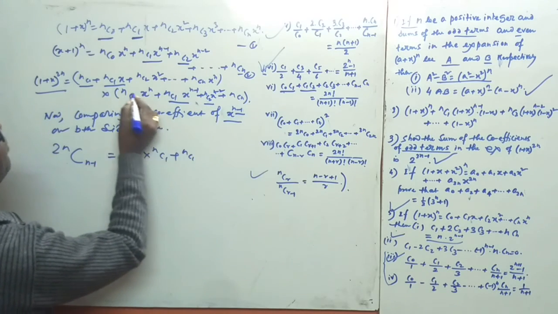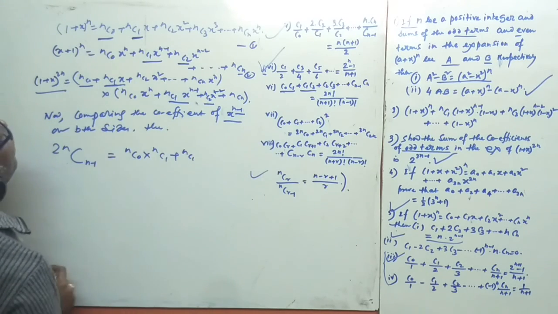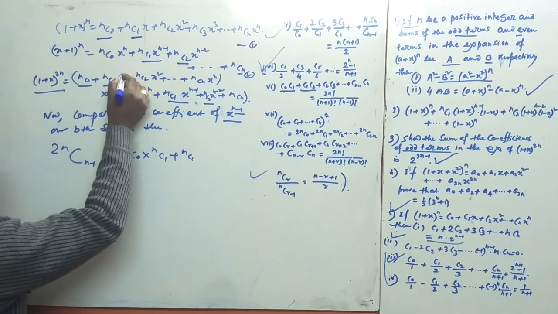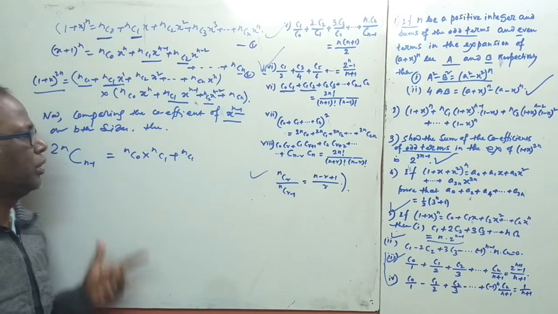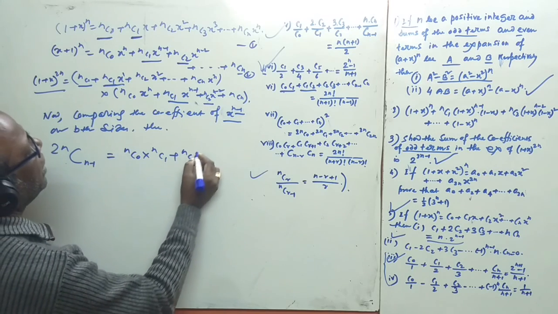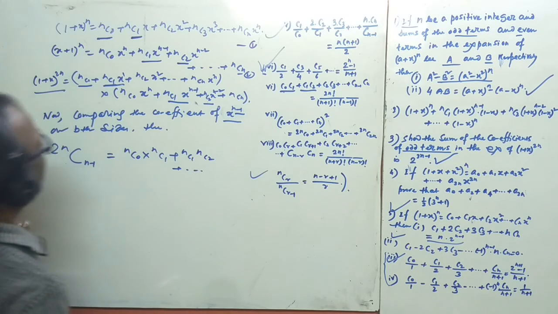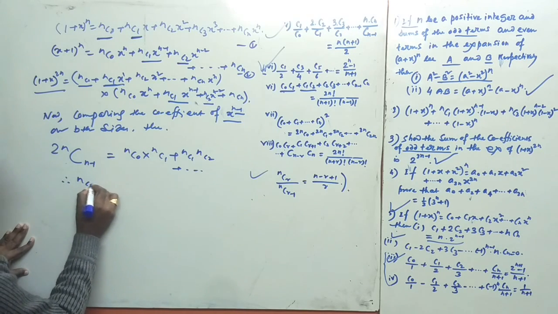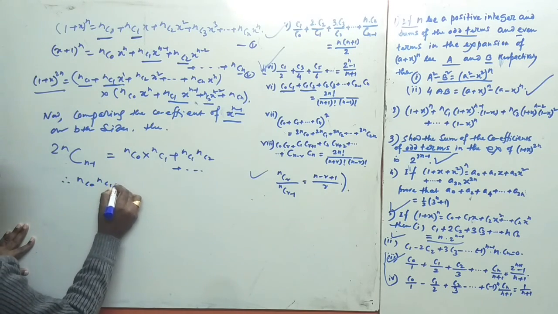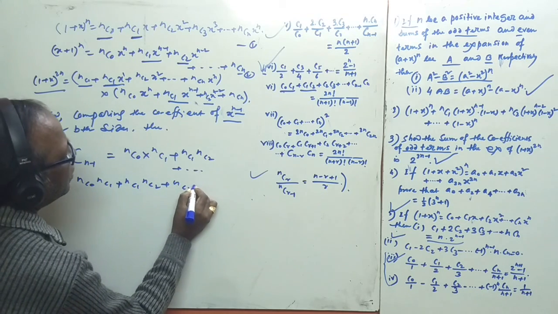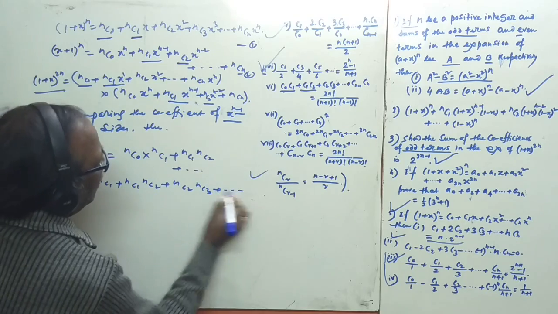If we multiply these two terms, the degree here is n minus 2 and the degree here is 1, so their product is x to the power n minus 1. So we get the relation here, nC1 nC2. See clearly, we get the answer. Therefore nC0 nC1, nC1 nC2, nC2 nC3, like that, this is equal